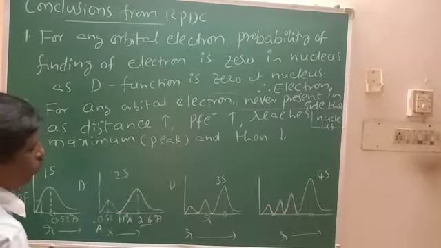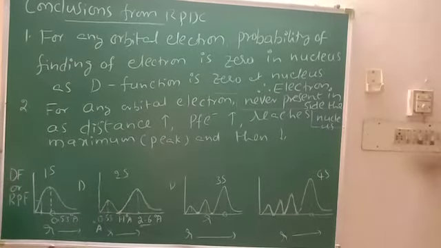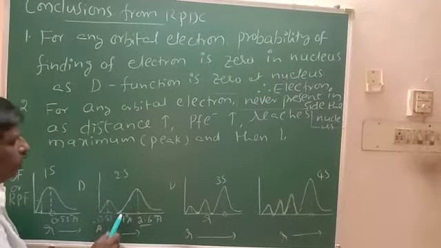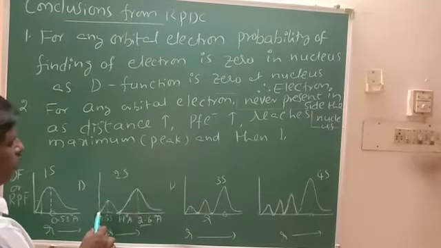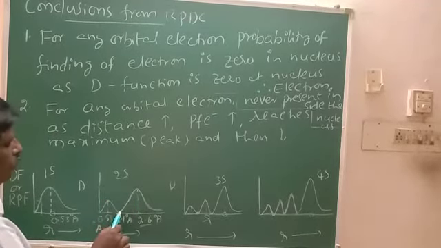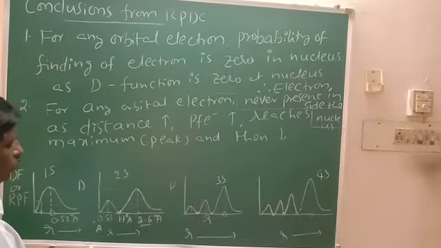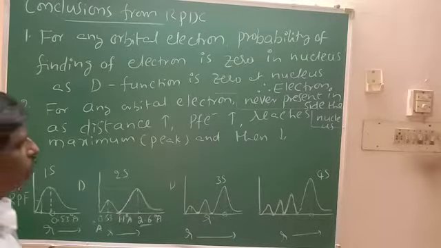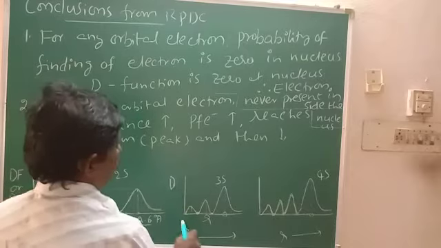So, what is the distance between the 2s orbital and the nucleus? 2.6 angstroms. For the 1s orbital, what is the distance from the nucleus? 0.53 angstroms. For the 2s orbital, the distance between the nucleus and the radial node is how much? 1.1 angstrom. Okay.